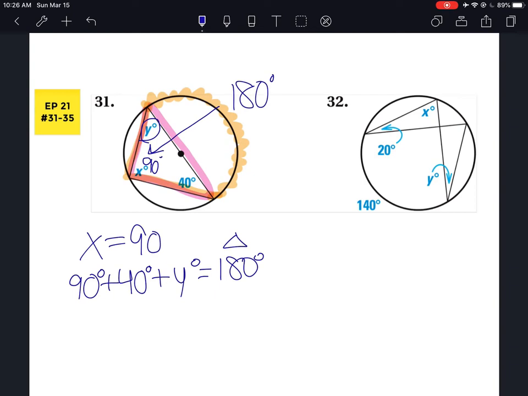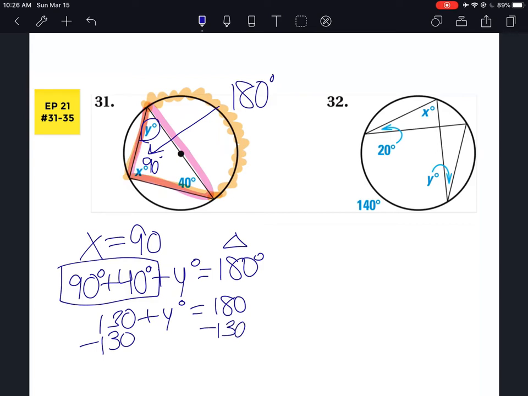Then you're going to combine like terms. You can combine 90 and 40 to get 130. And then with the 130, we will subtract it on both sides. And we will get that y equals 50. And that is how you do number 31. Number 32